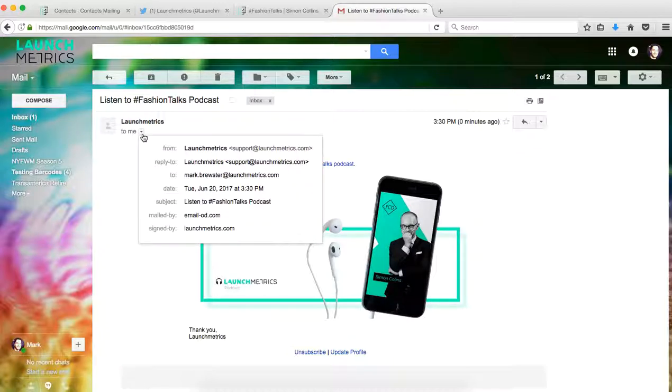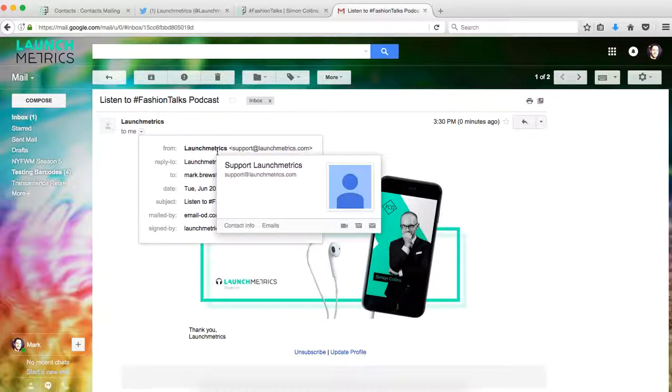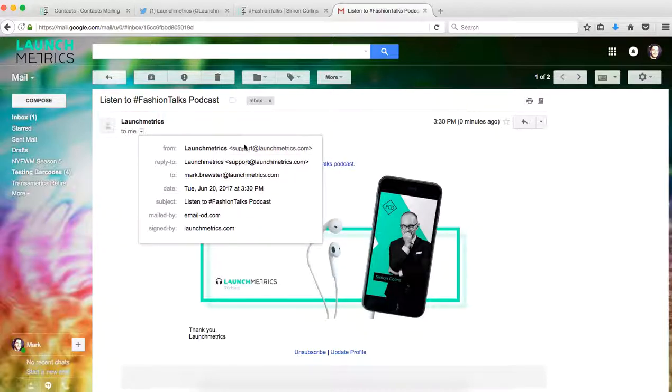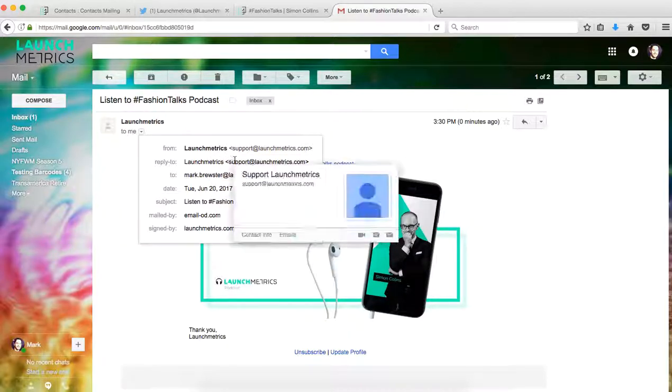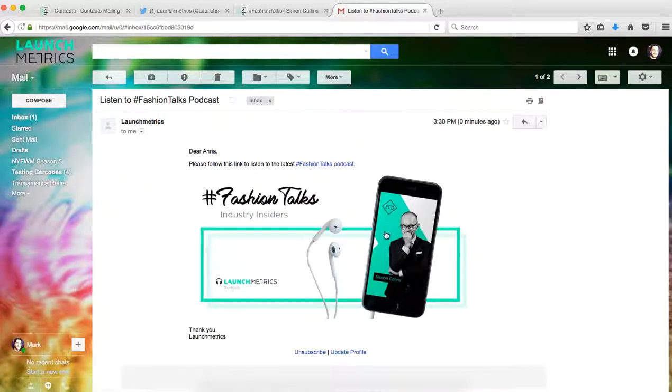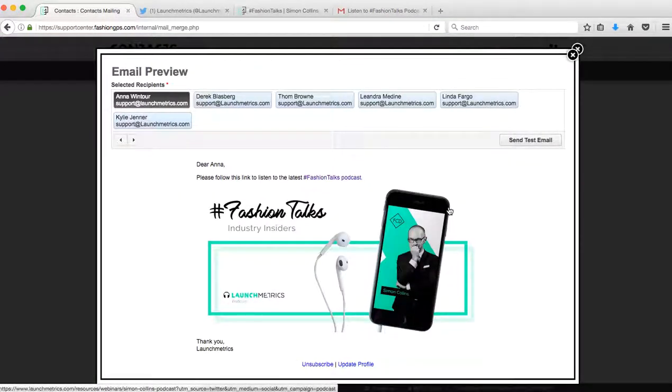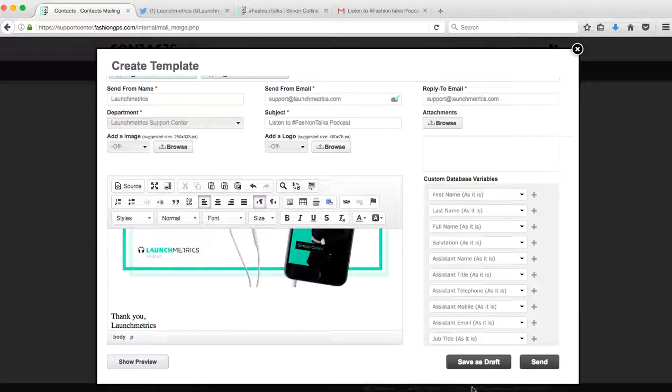As we talked about before, this is my send from name, my send from email, as well as my reply to email. So those are where some of those things go, which we talked about. I think that mailer looks pretty good. So if I think it looks pretty good, what I'm going to do then is go ahead and save as